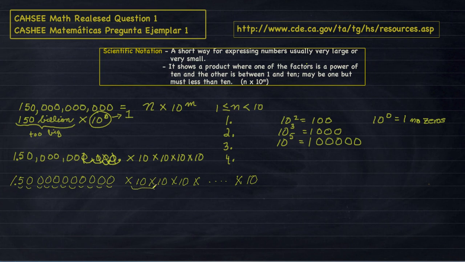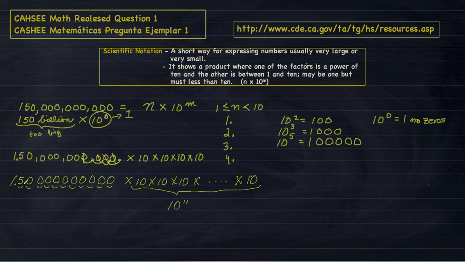So anytime you have a factor repeated, we can express it as a power. This would be a power of 10, 10 to the 11th power. Okay, for my number, now, before we move too fast, I want to convince you that this is the right location for the point.